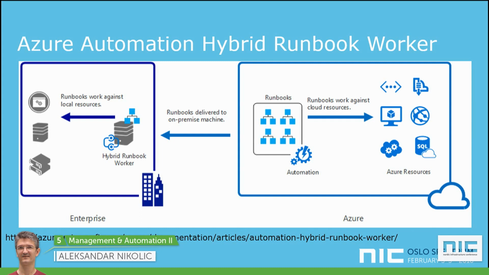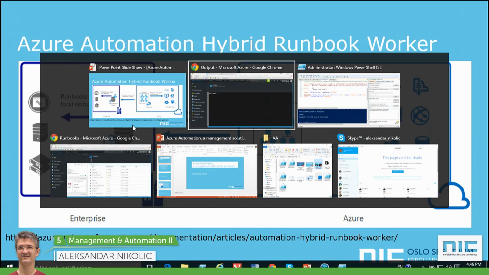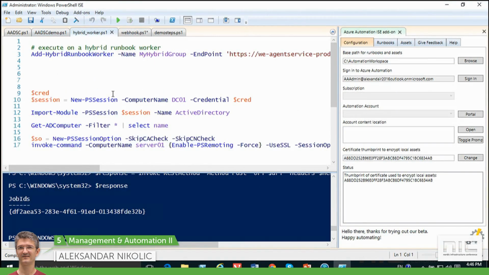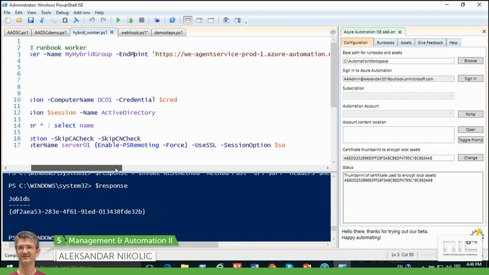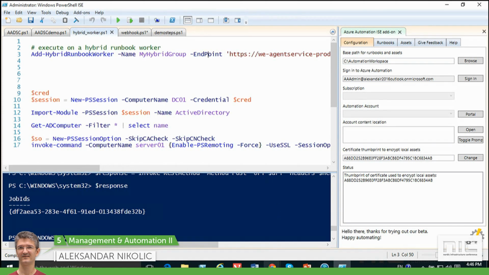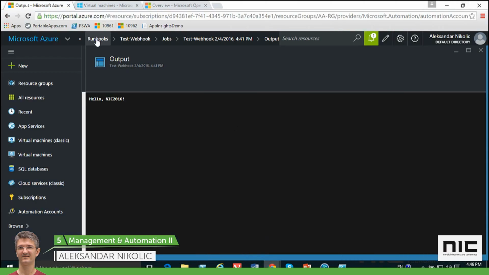So how you do that, it's not that hard. I will show you here. Add hybrid runbook worker. You need to specify the name of a group, because you can add multiple ones. And then you need to specify the endpoint for your automation account and a key, a token for it. When you get them, if you go to